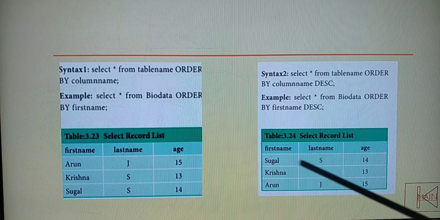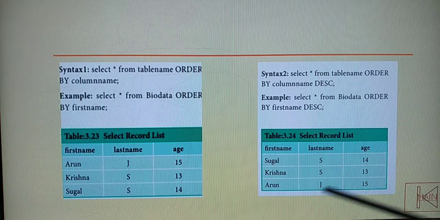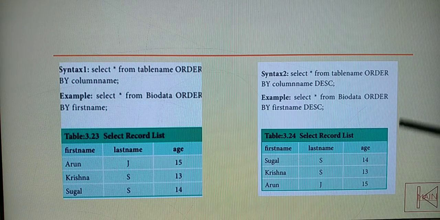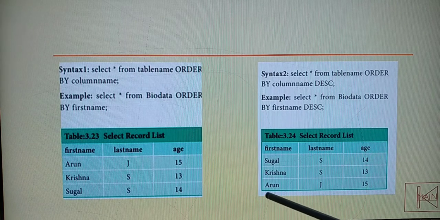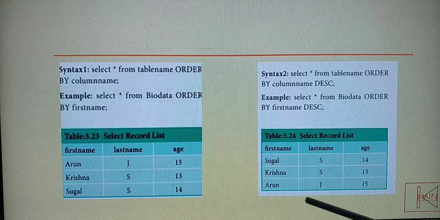No, so the whole record will be arranged in alphabetical order, in ascending or in descending order for you. So the full detail of Arun will be in the last for you in descending. So clear with this one? So this is your sorting records. For this you are going to use which command? Order by command. You are going to use the order by command.